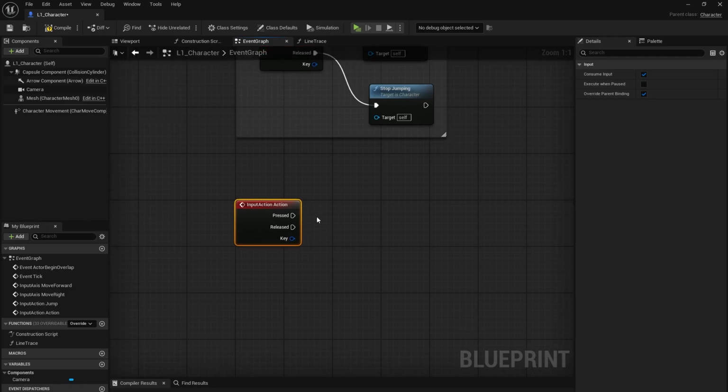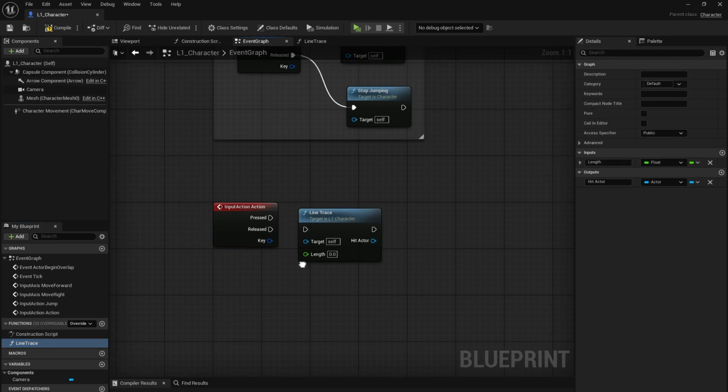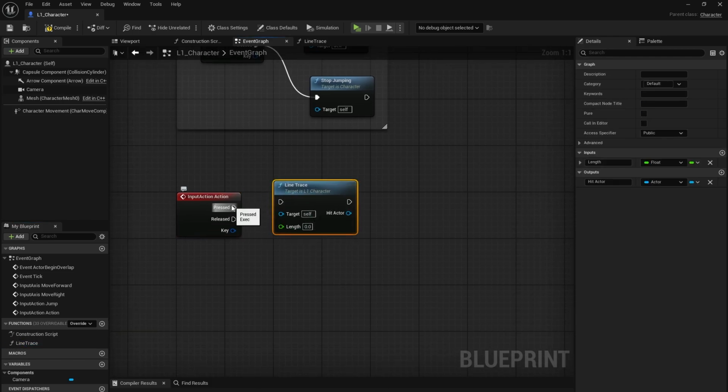For the pressed, we need the line trace function. So on the left side you can find function, under function, drag this line trace to the graph and connect this pressed